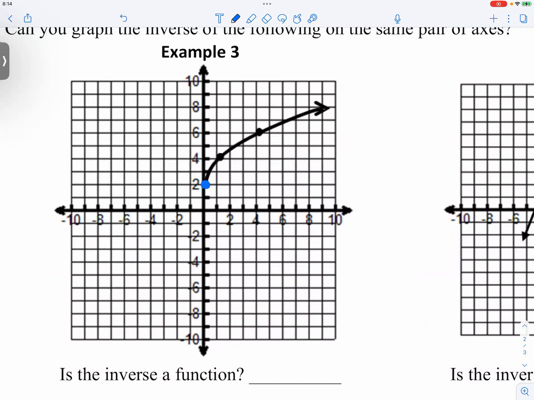So look at this. We have a point right here. We have a point right here. We have a point right here. These are all nice points, right? Well, let's just go ahead and